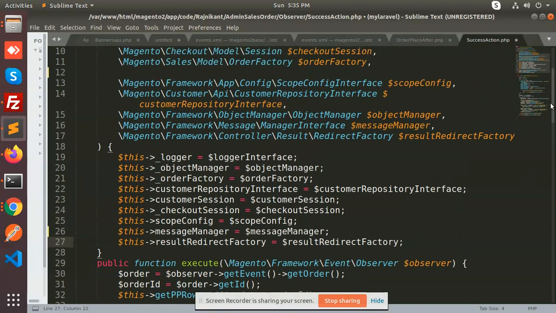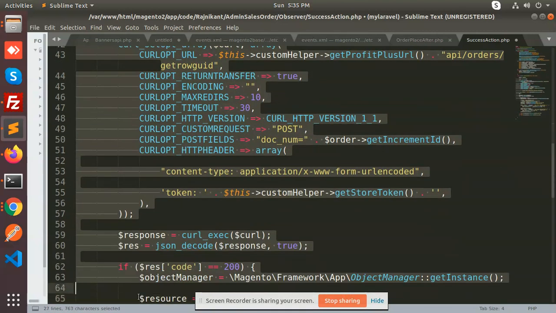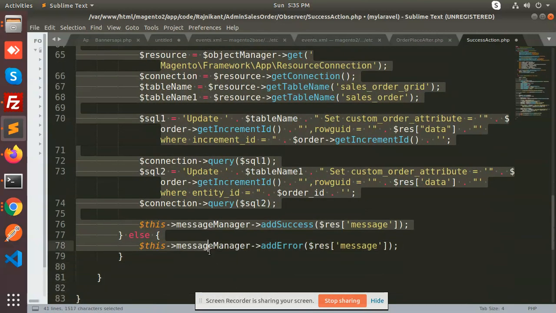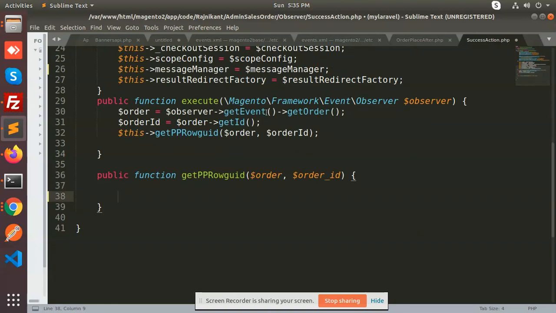After that, I am hitting the curl, so let's remove all the functions. Here you can set anything.